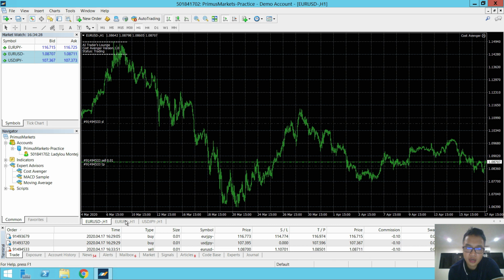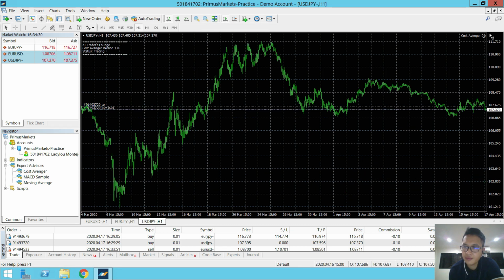As you can see, all of the accounts here has a sad face at the upper right here. So you just have to click again the auto trading for it to have a smiley here at the upper right. So that's it. That's how you set up your Cost Avenger